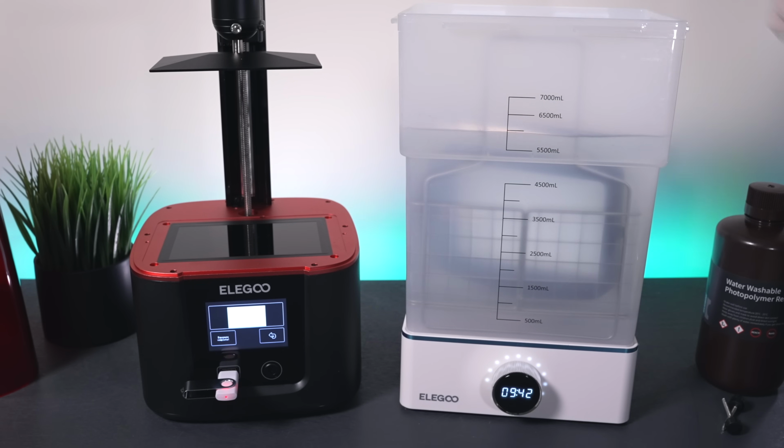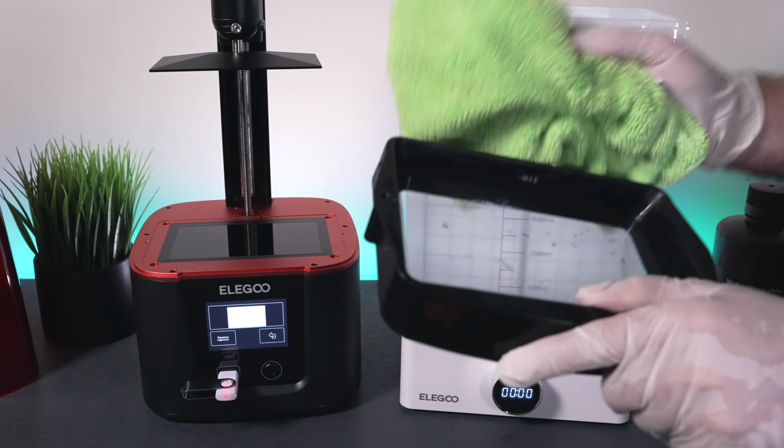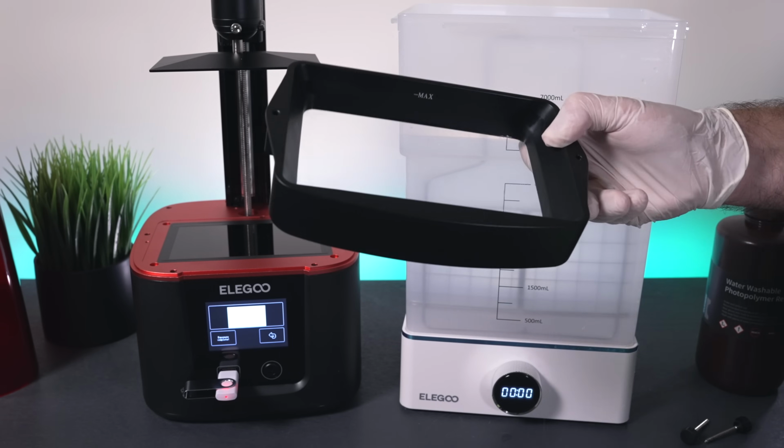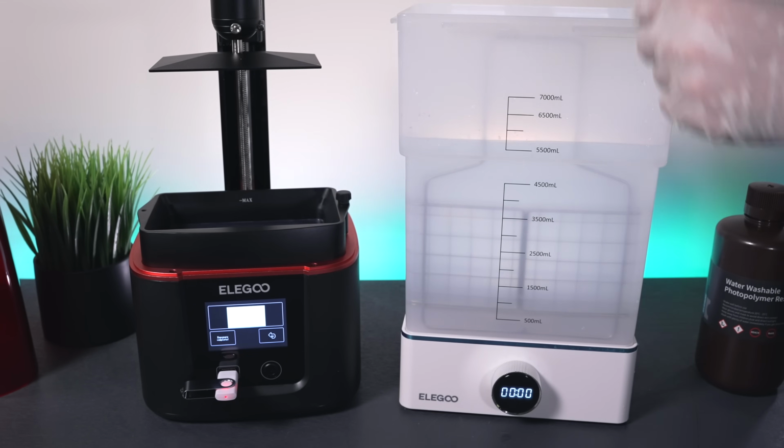And that'll pretty much get everything off. Well, let's go ahead and pull it out. And it does look really good. So I'm just gonna wipe it down with the towel, get the water off of it. And we're nice and clean and ready to use for next time. So yeah guys, as you see, it's not very hard to do the cleanup, especially when you got the wash